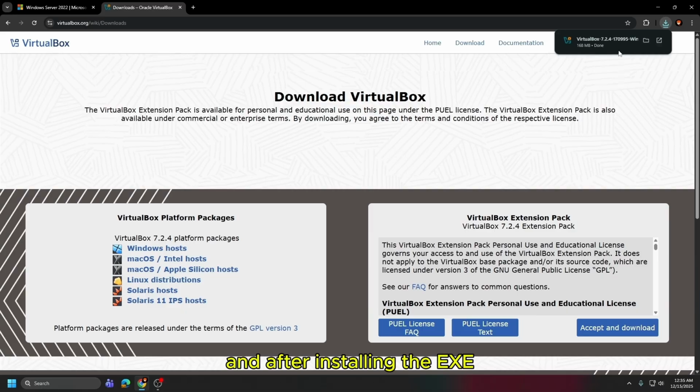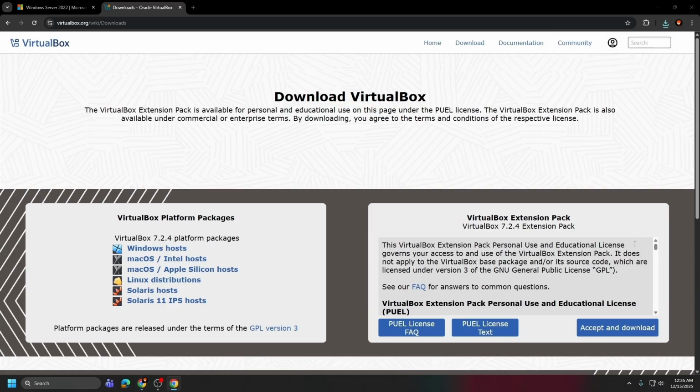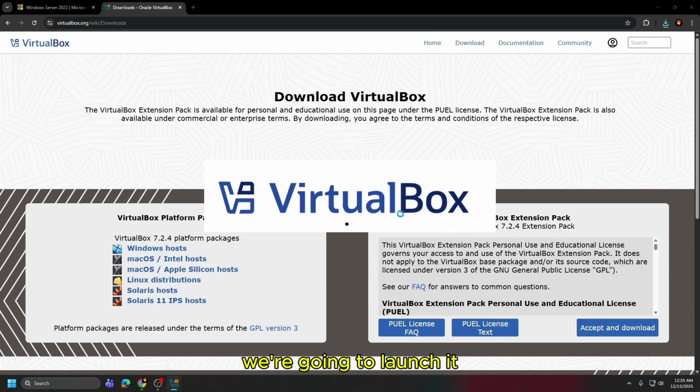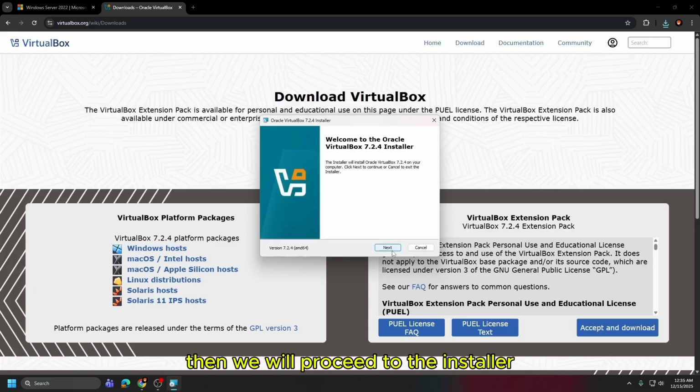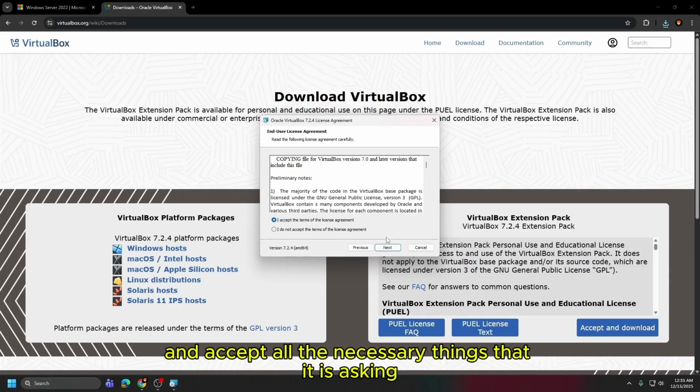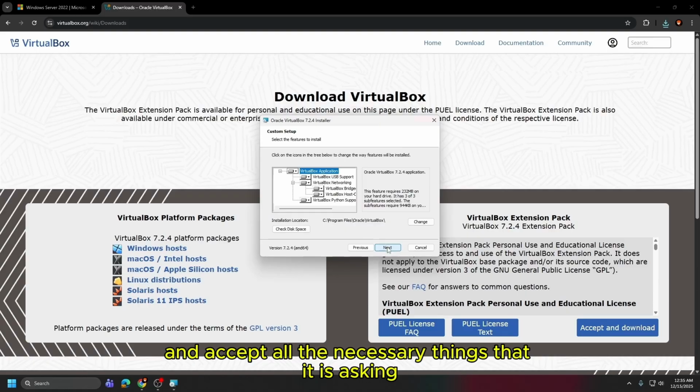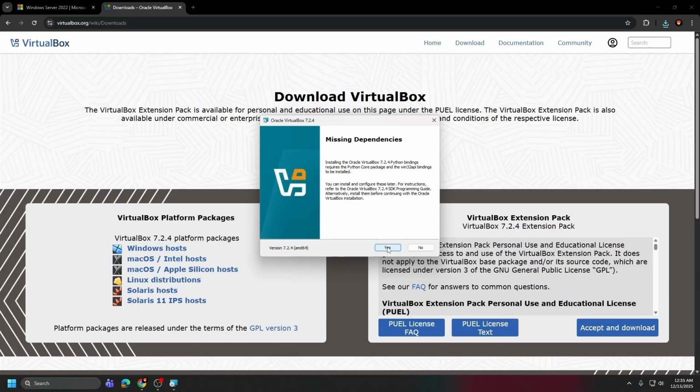First we're going to use Windows Host because we're going to use a Windows operated device. And after installing the exe, I'm going to launch it. Then we will proceed to the installer and accept all the necessary things that it's asking.